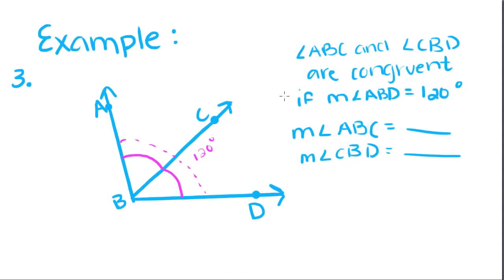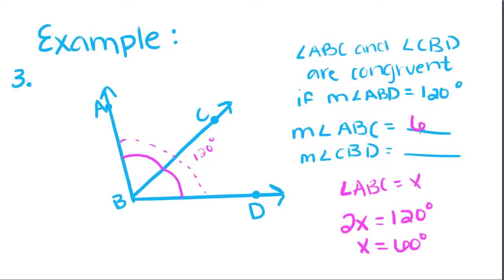Well, since these two angles are congruent, that means that they have the same measure. So if we let the measure of ABC equal x, we can take 2x and set it to the total, because these two angles represent two equal parts of the whole angle. So to find out what each angle equals, we can just take 120 and divide it by 2, and you'll find that each angle